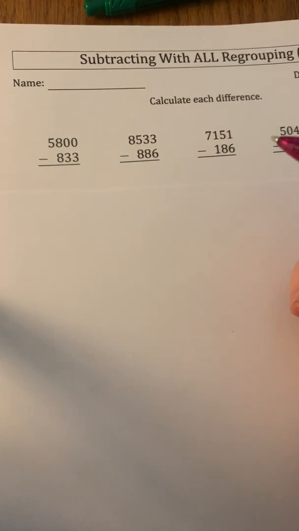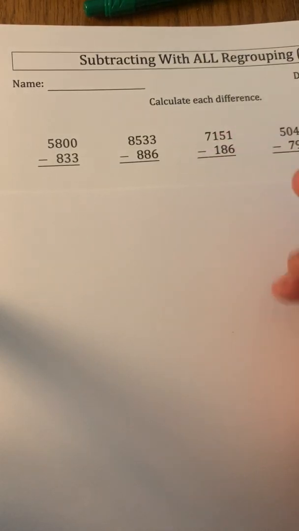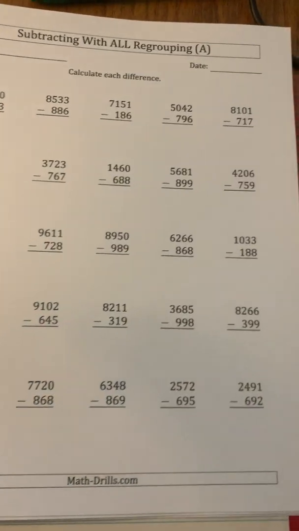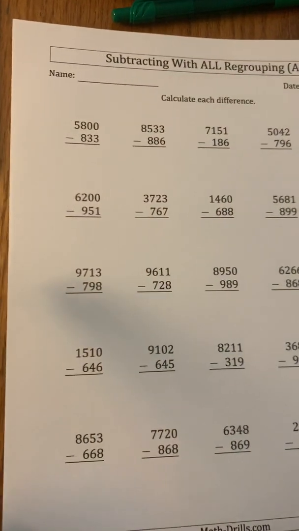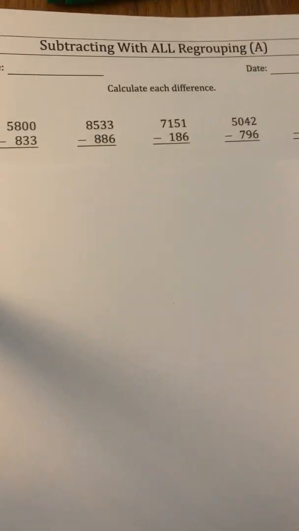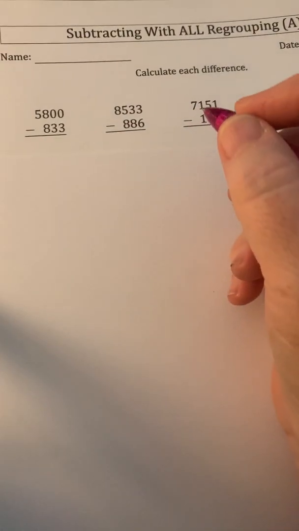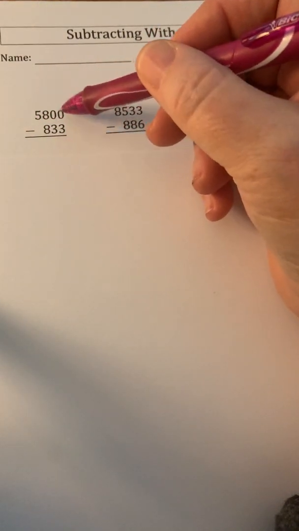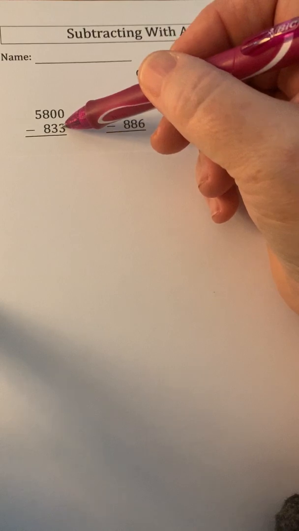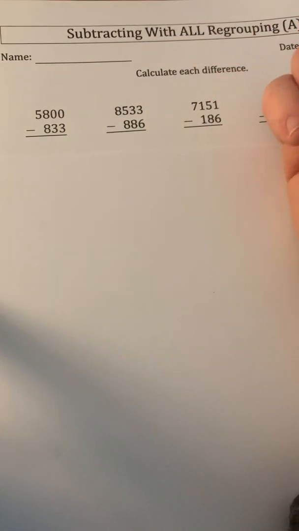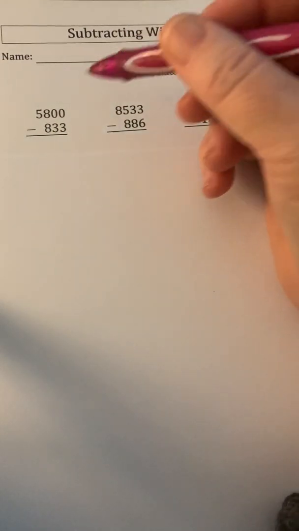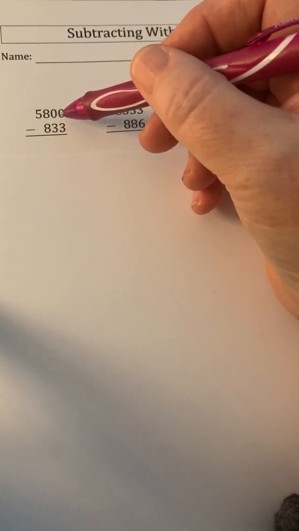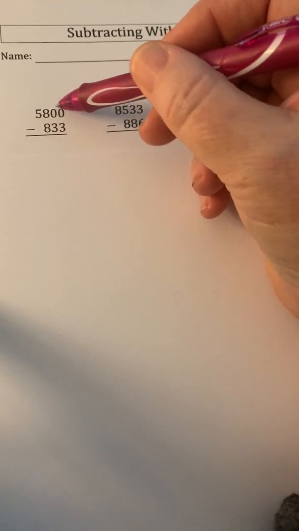Right, second graders. Some people wanted harder math. So I will send a screenshot of this paper. But I want to talk about it a little bit, okay? In my experience, people dive in and go too quickly. They just look at this and read it and say 0 minus 3 is 3. But that is not the case. You cannot take 3 from 0. It cannot be done. So you have to rearrange